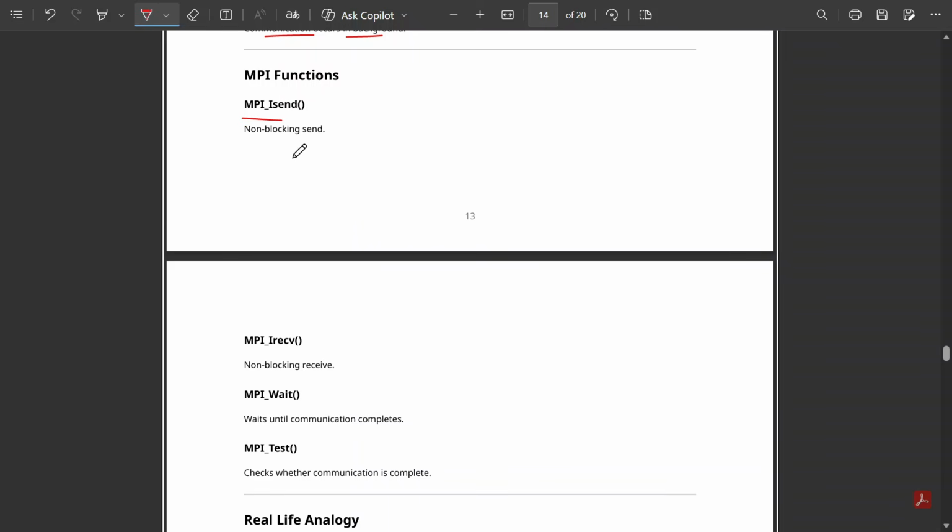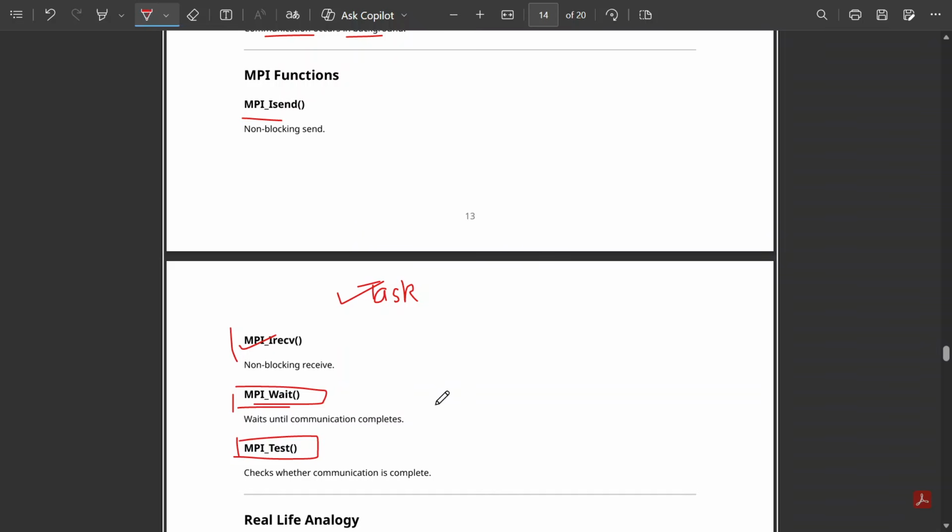To check whether the task has been completed or not, we use MPI_Wait or MPI_Test, either of them. And next we have MPI_Irecv,